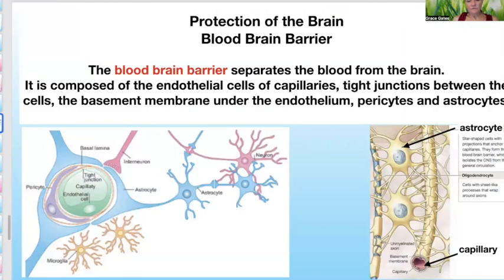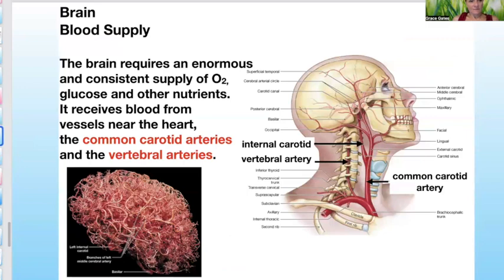I'm not laughing at strokes. I'm laughing at how I'm trying to explain, just laughing at myself. Okay, so